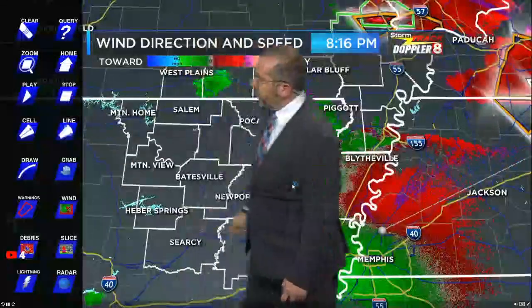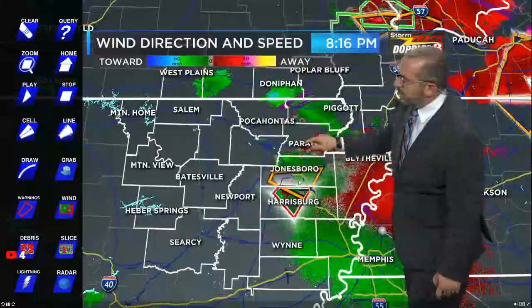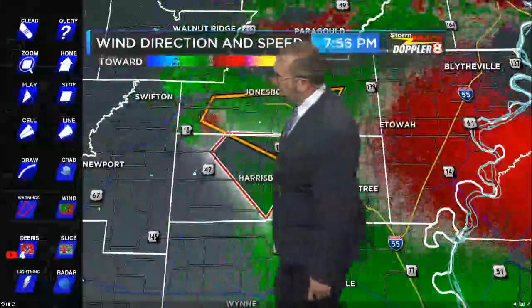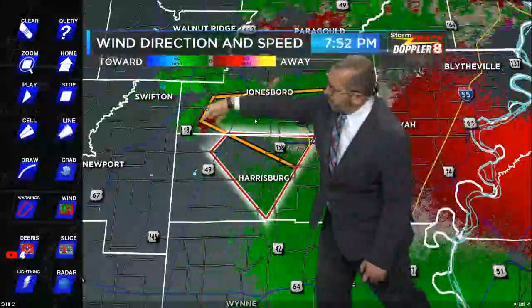We're picking up some pretty heavy rain here at the station right now. If you see my mouse right here by Valley View, let me put this into motion. Yeah, you look at that, and that is definitely on the ground. That may be causing some